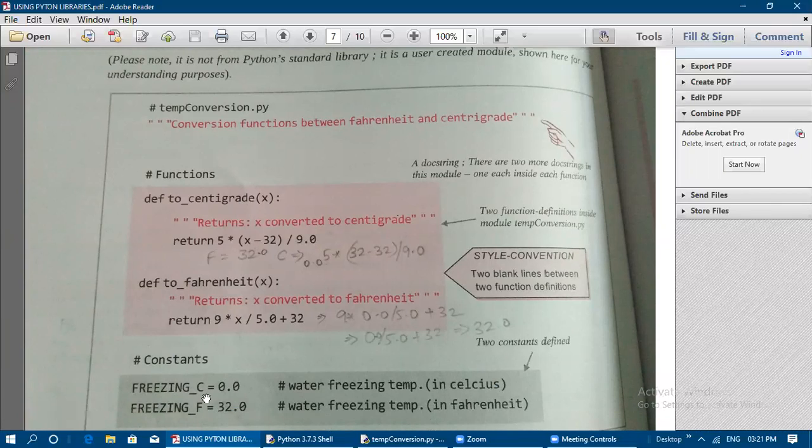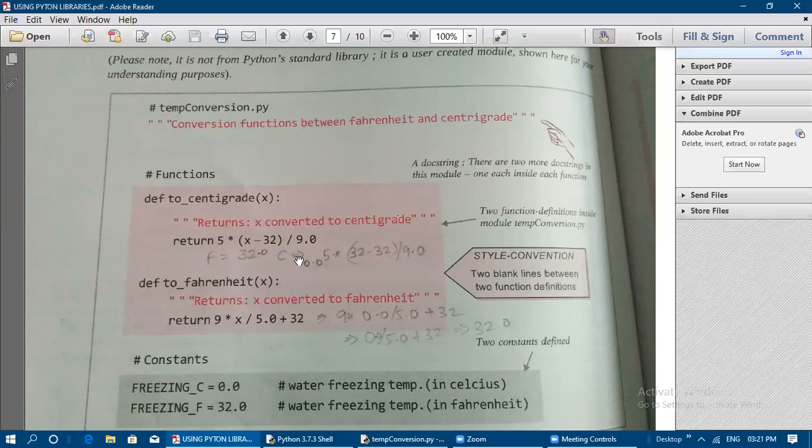Freezing value of Celsius is 0.0. Water freezing temperature in Celsius is 0, and in Fahrenheit it is 32. So if you give the Fahrenheit value 32 in variable x, it should convert to the equivalent value 0 in Celsius.